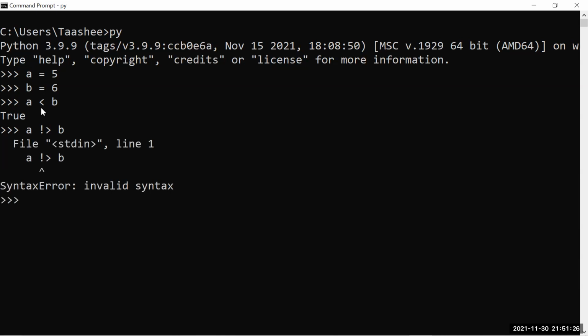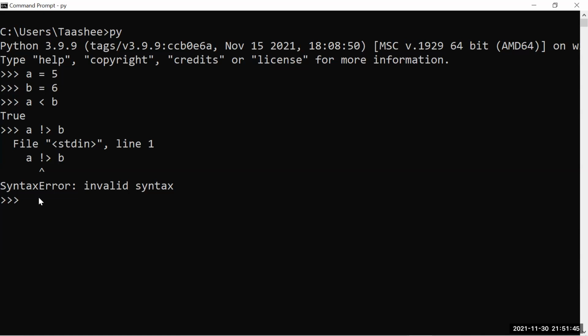But providing an exclamation mark is not a good way to do it. It is not defined in Python. But with respect to equal to, we know that not equal to is the alternate for equal. Got it. Thanks.